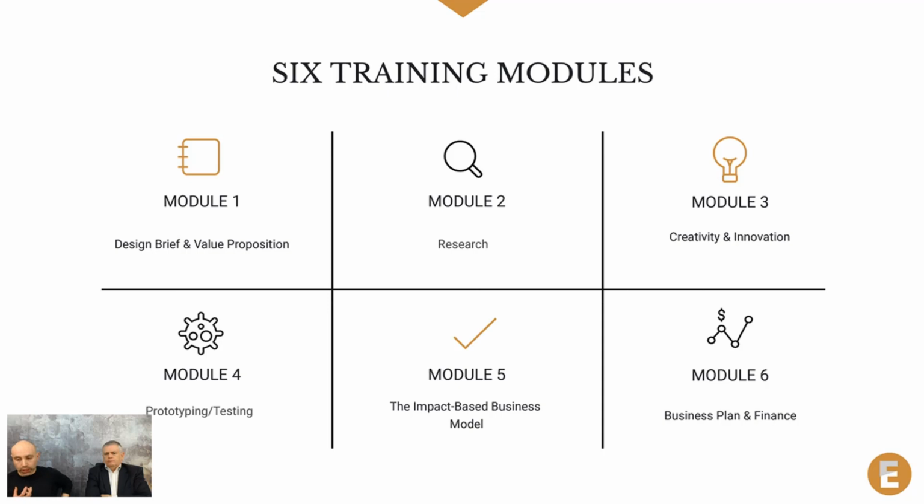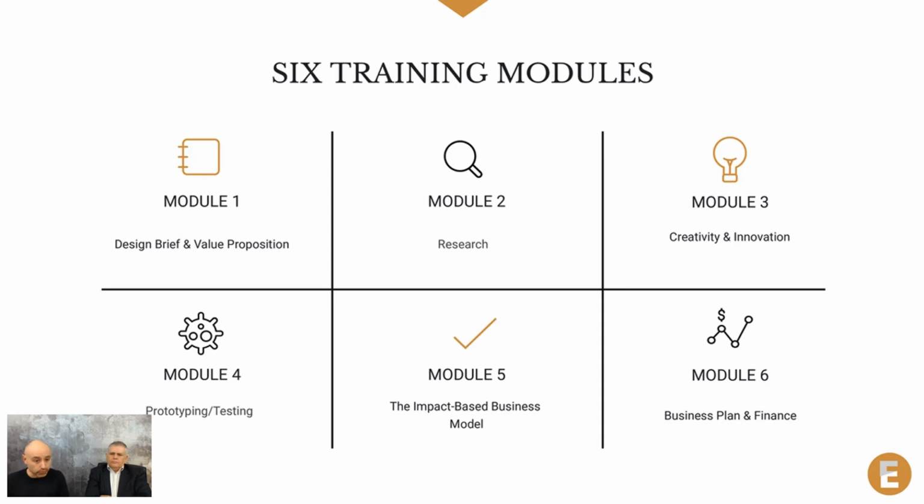I mean, if you leave this course not having understood what design thinking is, we are missing the point. There is no point to run this course. So I want to give you just a very focused introduction of what are the 6 modules in this training course, and it follows pretty much the design thinking process.